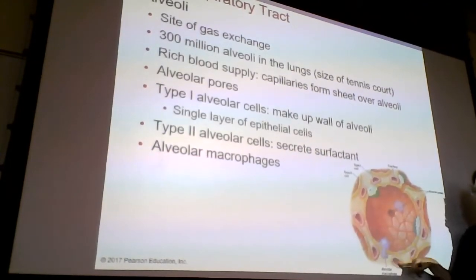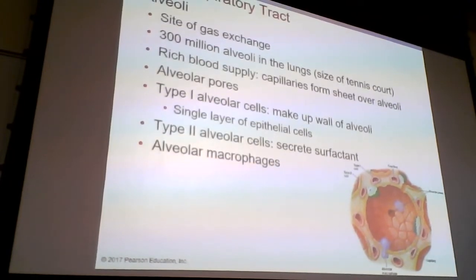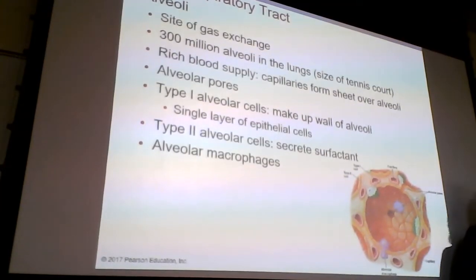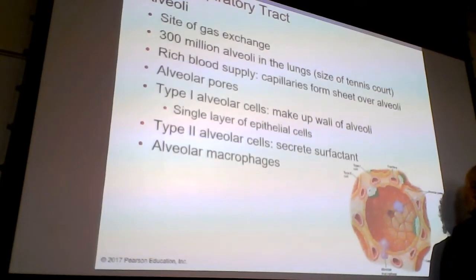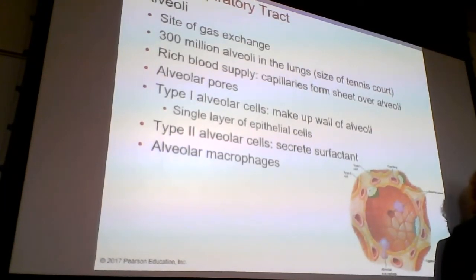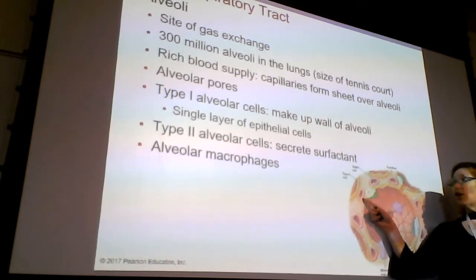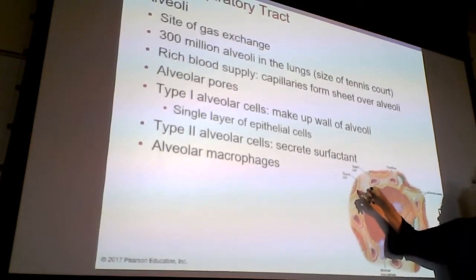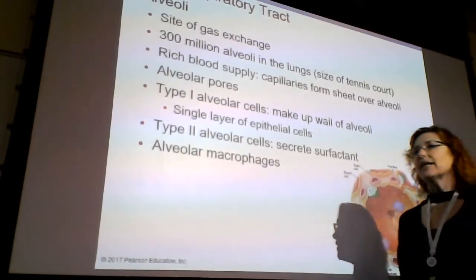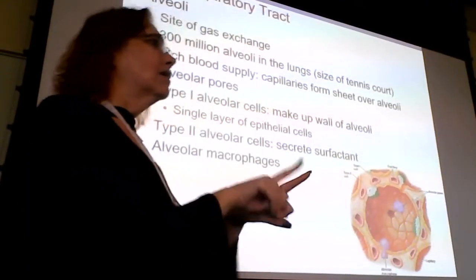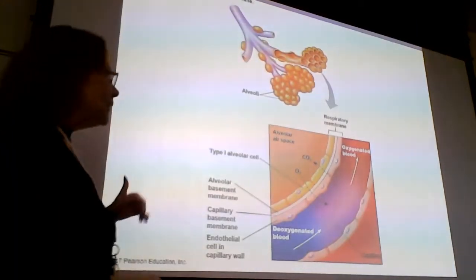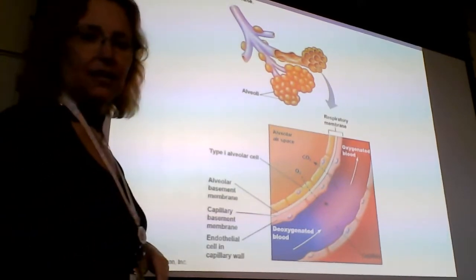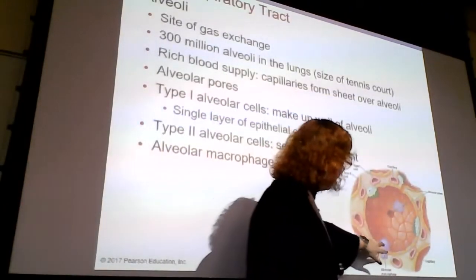Here, surrounding it, you see there are numerous capillaries. What do we know about the cell construction of capillaries? They are one cell, so they are simple, and they're also squamous, they're flat. So these are also simple squamous epithelium. They are attached to one another through what kind of membrane? What do we call that? A basement membrane. So when we look here, because what I've done is I've taken and I've blown up a